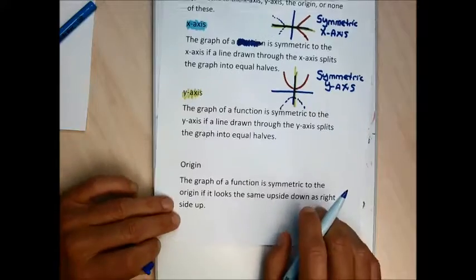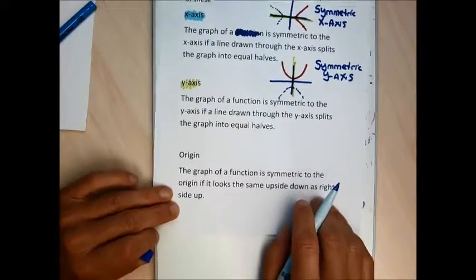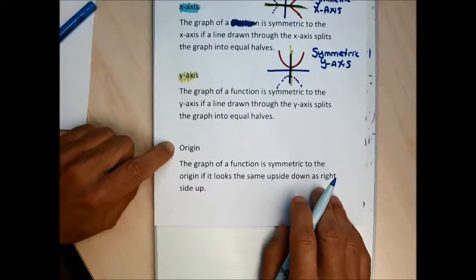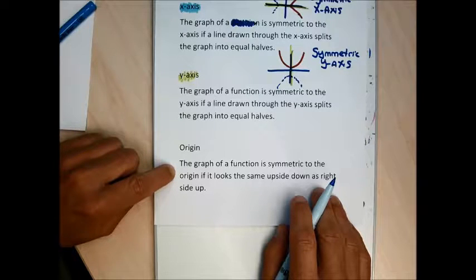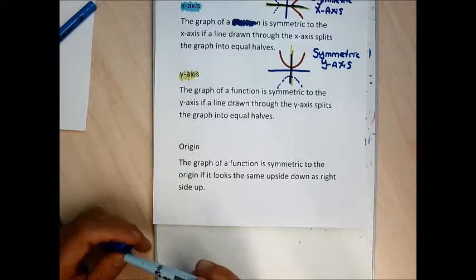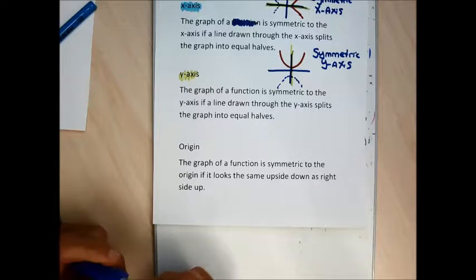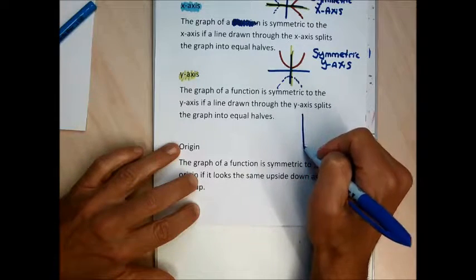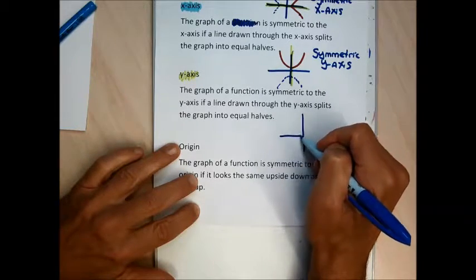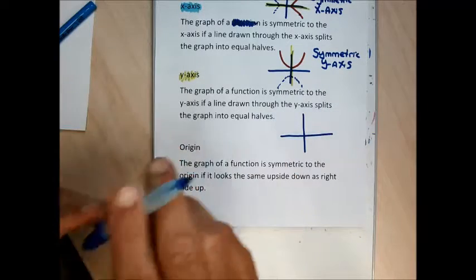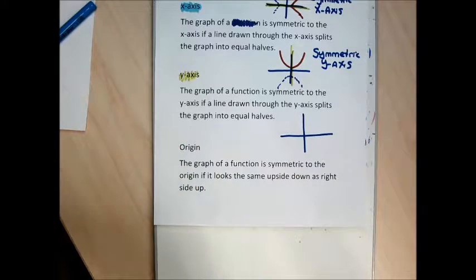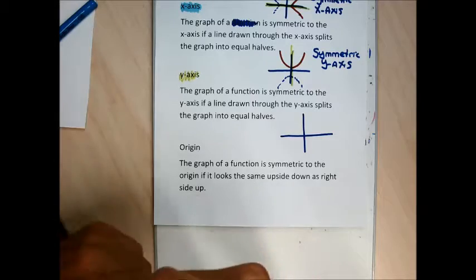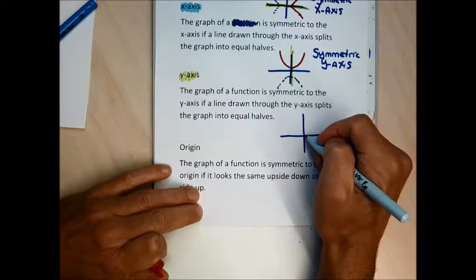The third symmetry is a little bit tricky. The third symmetry is symmetry to the origin. I say the graph of a function is symmetric to the origin if it looks the same upside down as right side up. I'm going to construct a graph that's symmetric to the origin and show you how it looks the same right side up and upside down. To talk you through how I create such a graph, I would make a part of the graph, maybe make a region of the graph